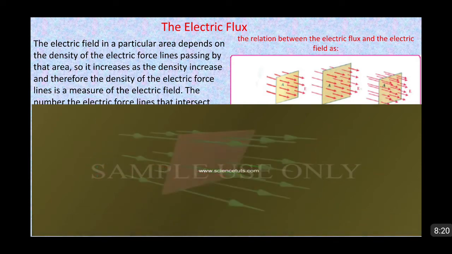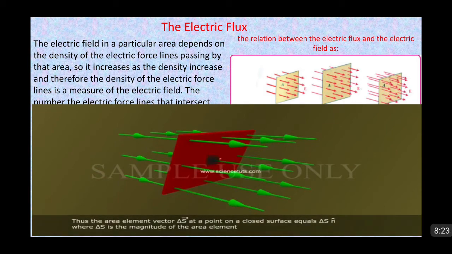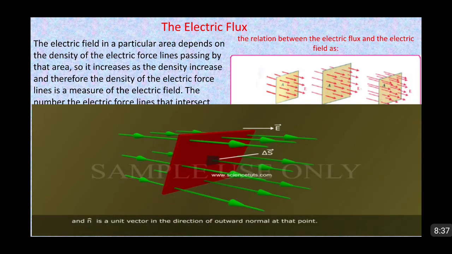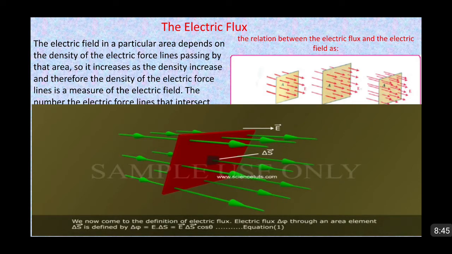Thus, the area element vector delta S bar at a point on a closed surface equals delta S n cap, where delta S is the magnitude of the area element and n cap is a unit vector in the direction of outward normal at that point. We now come to the definition of electric flux. The electric flux delta phi through an area element delta S bar is defined by